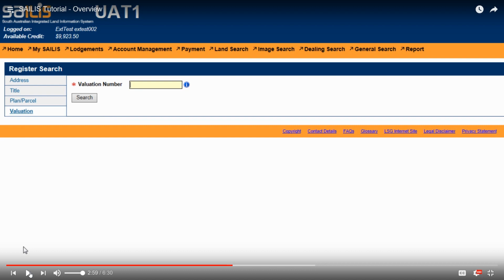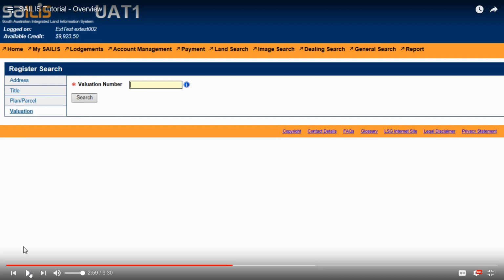Typically, every single certificate of title has its own valuation number, but not always. So I gave that example earlier where you have a farm that has several certificates of title within that farm. That farm will typically have the one valuation number for that farm with several certificates of title lodged underneath it. But you also get individuals within a residential setting doing that as well, where they have 2 certificates of title,